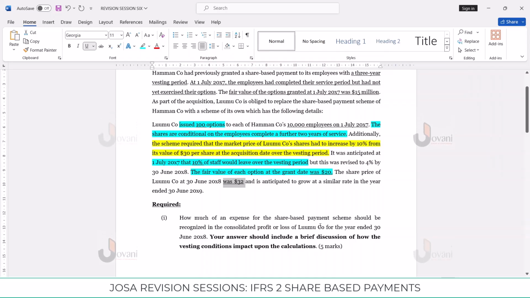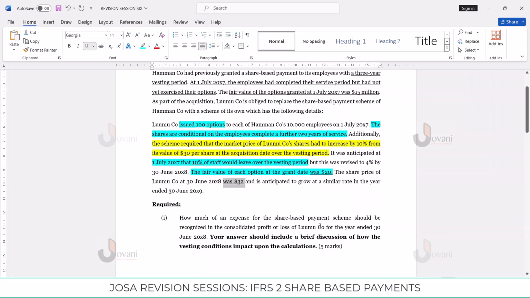Is it the share price or the fair value or the market value of the equity instrument? This would also not get you a mark. Therefore, the shares offered to the employees should be valued at 20, for that is the price at grant date. This does not give you a mark,